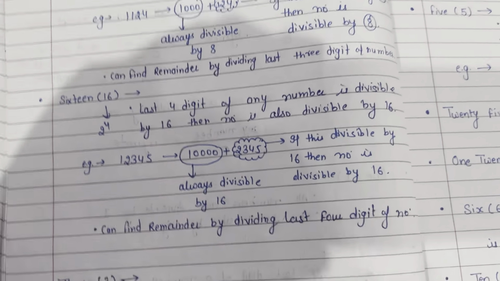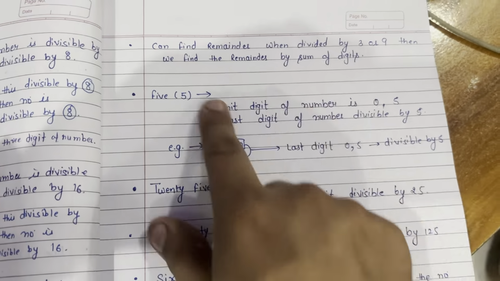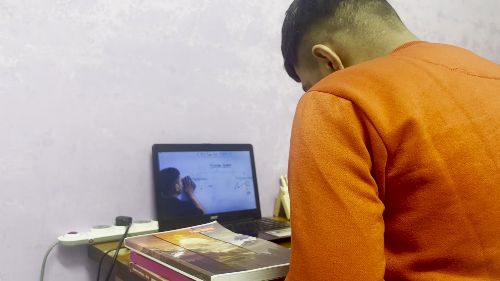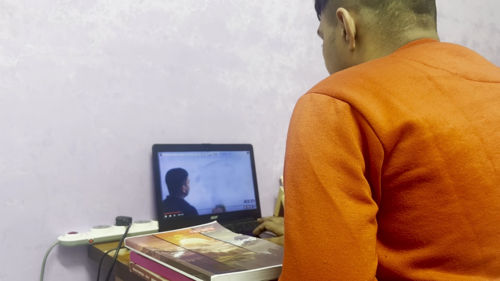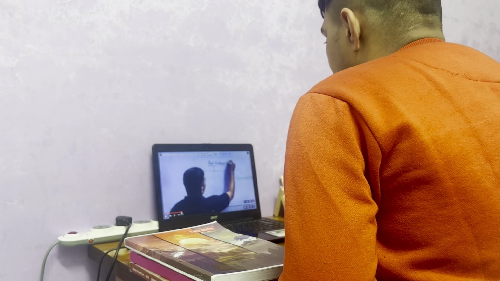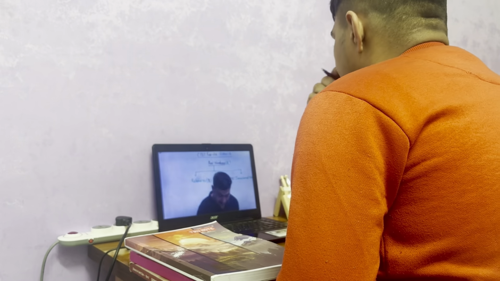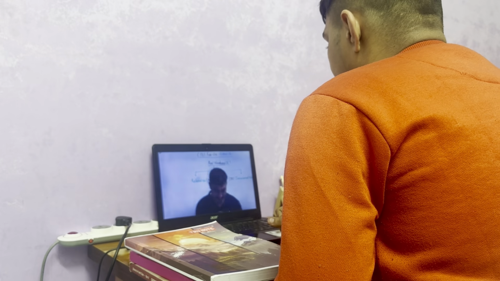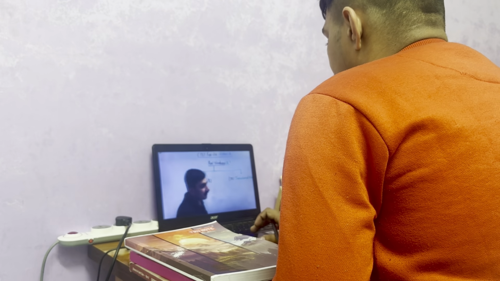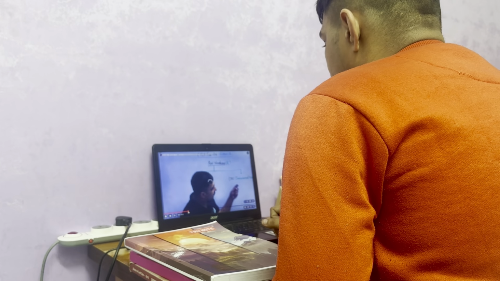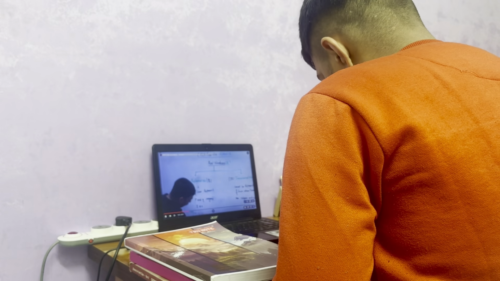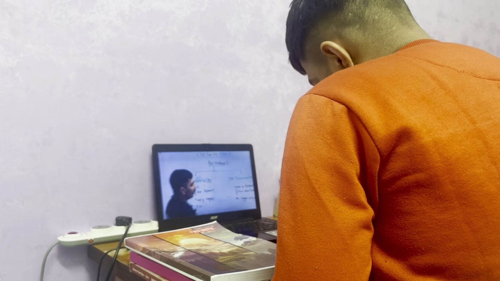Now, we move to the unit digit question. In exams, powers are usually large, but unit digits follow a repeating pattern. For numbers like 2 and 3, the unit digits repeat after every fourth power. Once the pattern is known, we do not calculate the full power. We only find the position of the power in the cycle and give the unit digit after finding this. Divisibility questions are based on rules.